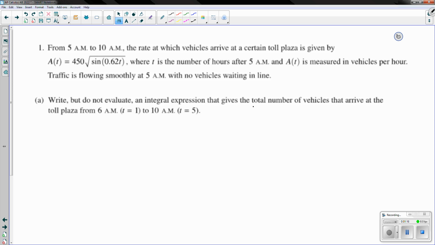Now, for the total number of vehicles, how are we going to do that? Well, we are told that A of t is measured in vehicles per hour. So A of t is a function that gives you a rate for an output. So it makes sense to need an integral in this case because we're going to be accumulating cars per hour in order to determine the total number. So what we can say is the total number of vehicles